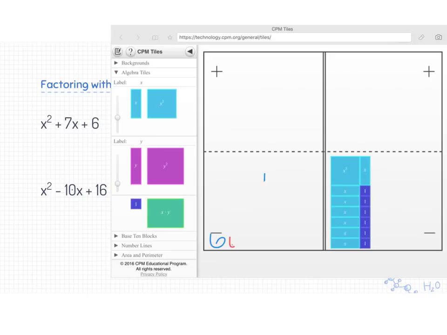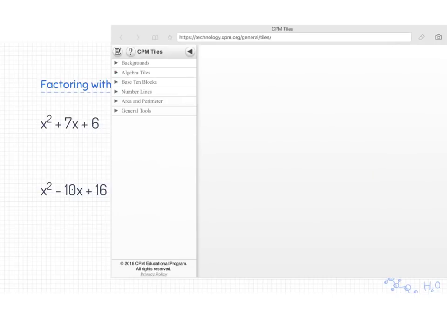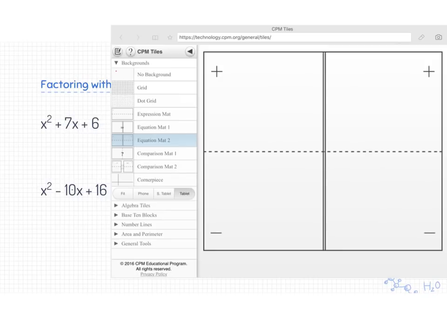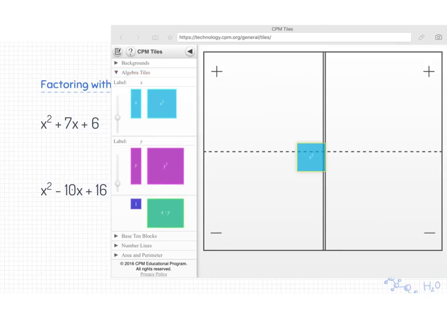Okay, so look at the next one here. We have x squared minus 10x. So I'm going to use these same ones here. Alright, so now look at our second one here. We have x squared minus 10x plus 16. And so setting this up again. We have an x squared. So I'm going to place this here on the right. You'll see why in a second, because we now have 10 of these x's,